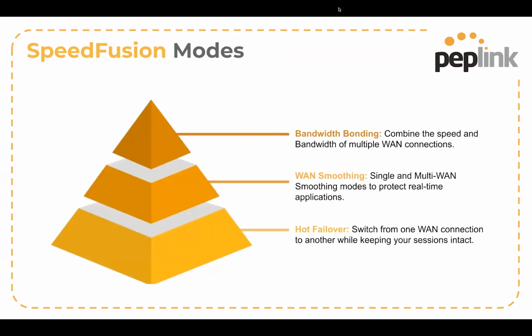So SpeedFusion technology has a few different modes that lets us use this packet level technology to achieve different outcomes and protect traffic in different ways. So at the bottom, we've got hot failover. Again, that's that seamless handoff from one carrier to another. You're not necessarily actively using both at one time, but you can fail over in less than 1 second from